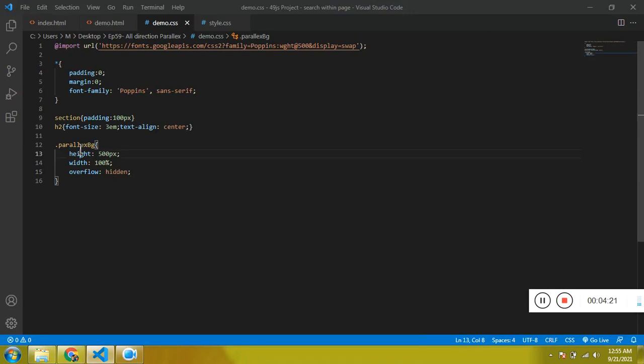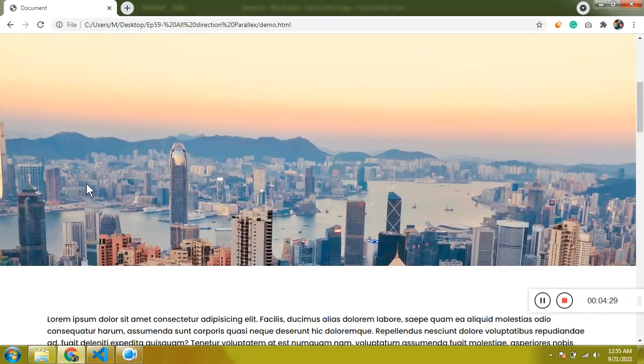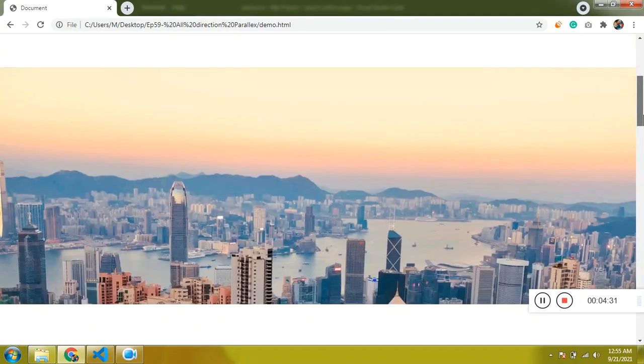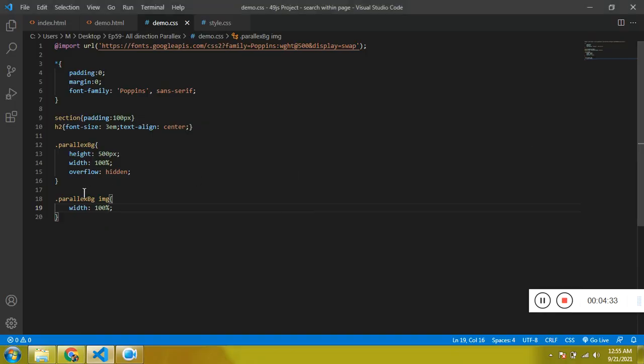Cool. Now inside parallax-bg we have the image. Let's make the width 100%, and that's it. Now inside the parallax-bg again we have h3.